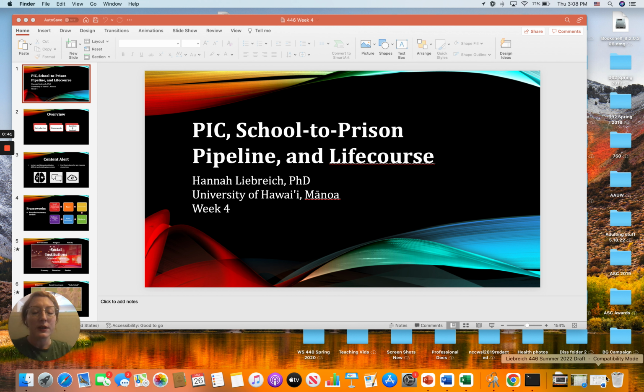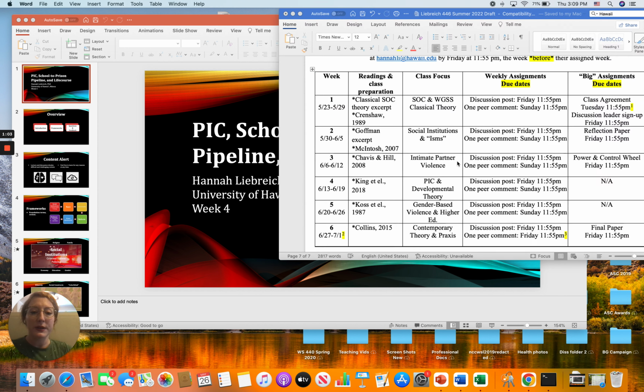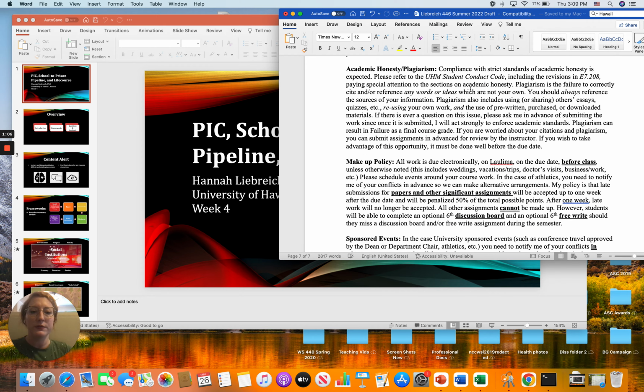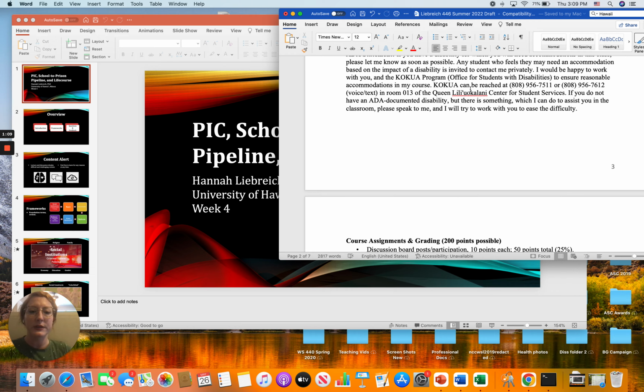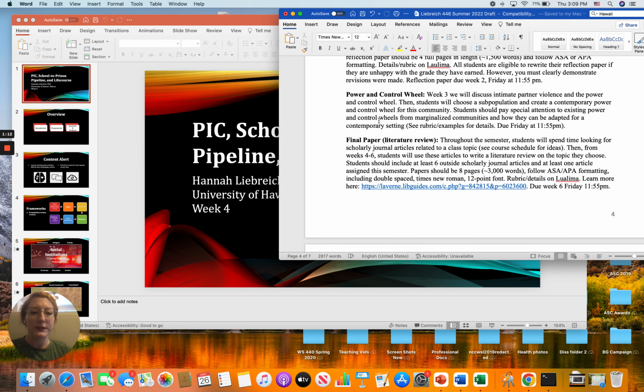So just as a reminder, the rubric for that assignment is available with your other rubrics, and there's other resources as well on LaLima that can give you a better idea of what to include in a sociological literature review. I have a library guide posted there that covers the American Sociological Association's guidelines for writing a literature review. And then on the syllabus, there is a summary if you go up to all the assignments and where they're listed. You can see how long your paper needs to be, how many outside sources you need. Here's a link to that library guide I mentioned, which is also linked on LaLima.